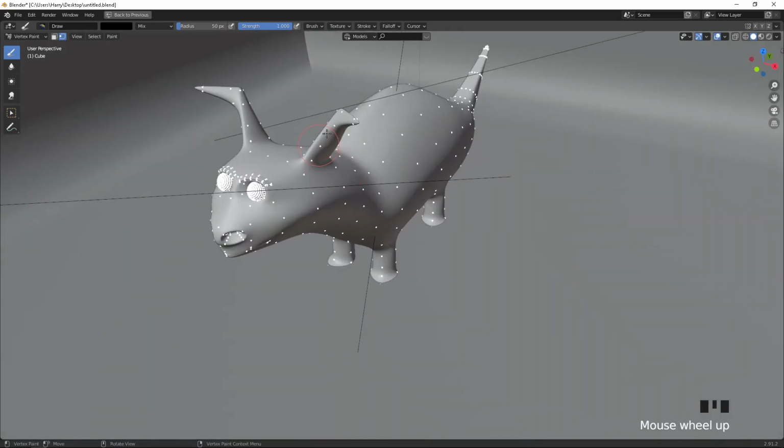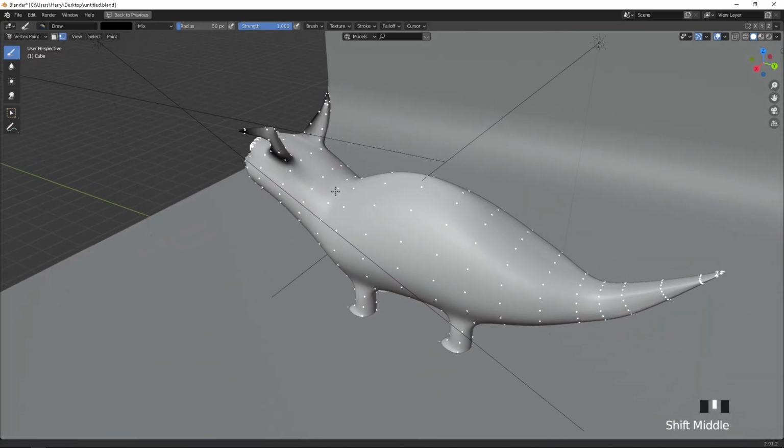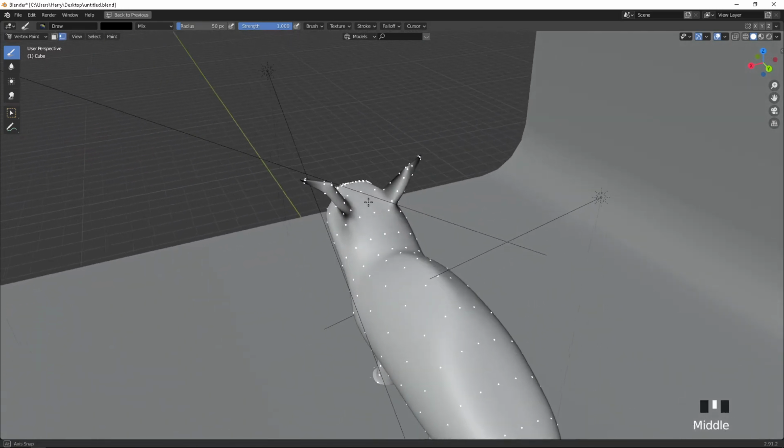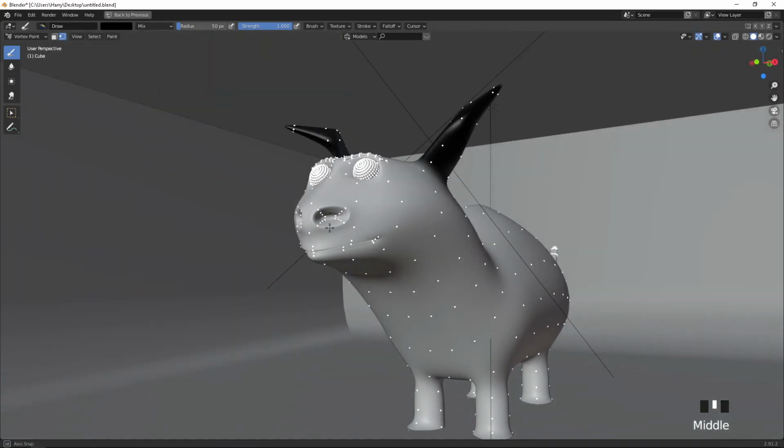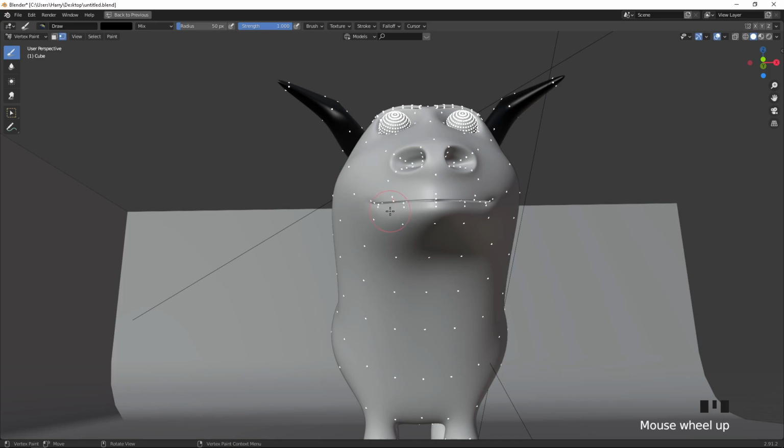I'm going to make it dark here. And I'm going to give some coloring here also.